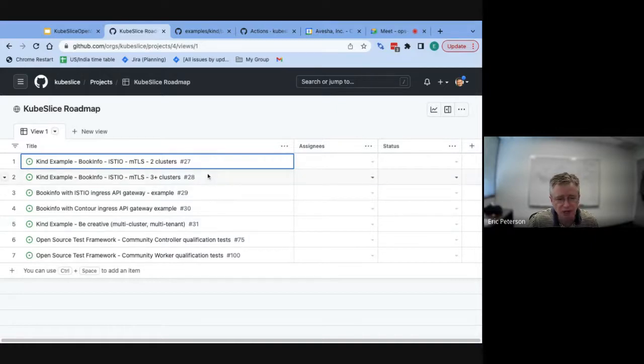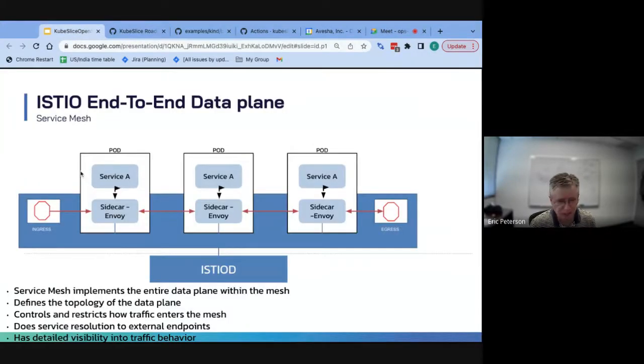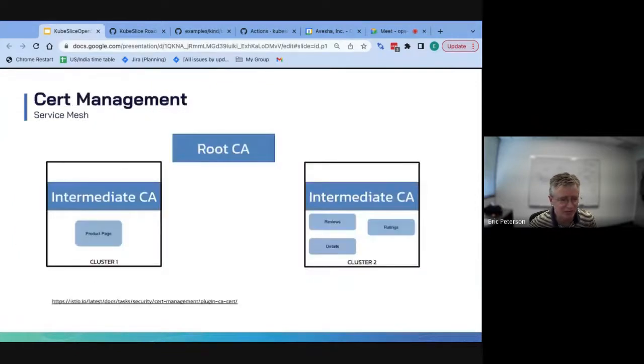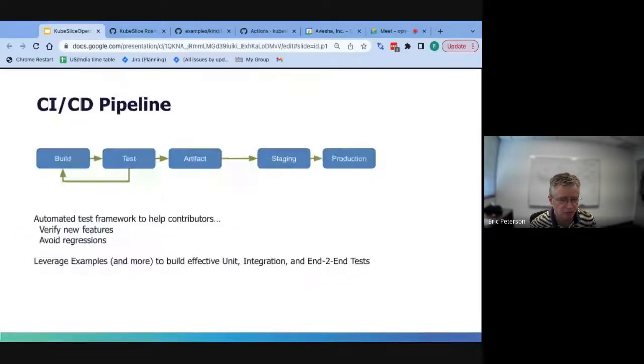So this can be a good way to get familiar with how an application can be deployed in really many places. That's one class of things we'd like help with.